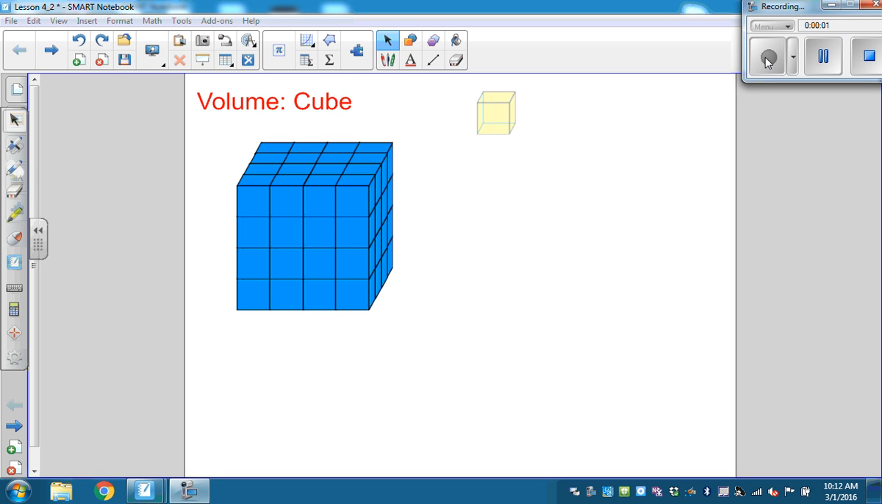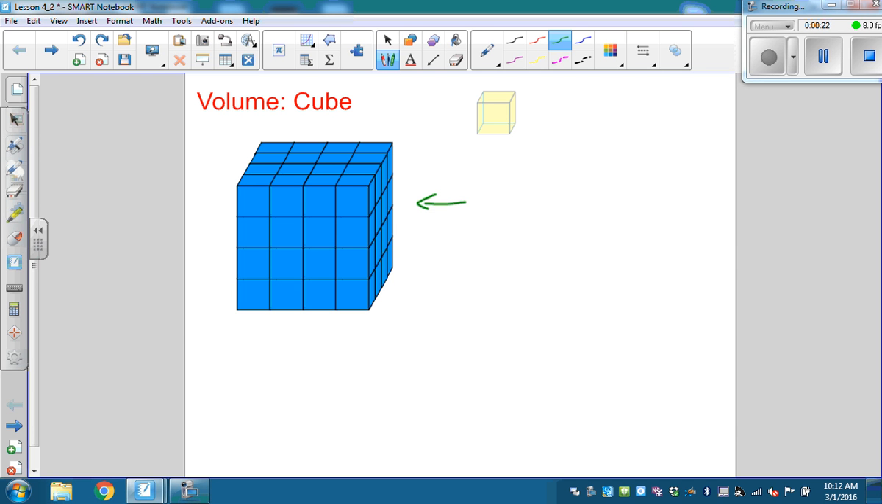This is just a review of volume of rectangular prisms with an extension into a triangular prism at the end. Last year, in elementary school, you learned how to do volume. And just a quick reminder, in this